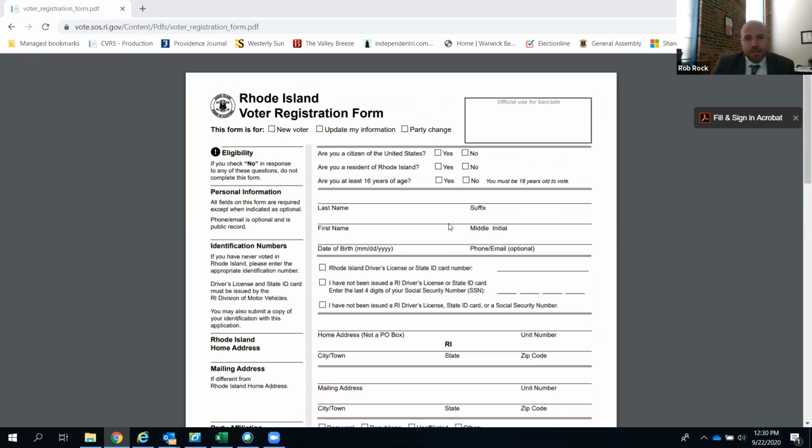And that's really it. I think if you're out and about, one thing that we always get asked is, where can you go to register people? And basically my answer is any place that allows you to go. If you're going to a business, you just have to make sure the business allows for it. So if you go to Stop and Shop, or Whole Foods, or whatever community event, just make sure that the owner or the director or the organizer is okay with you registering